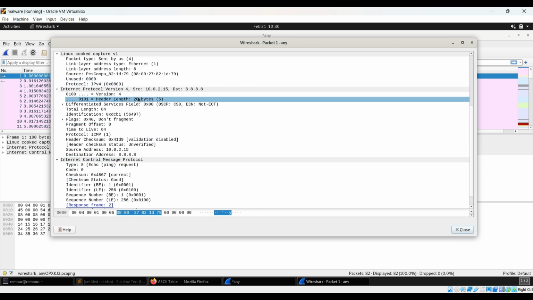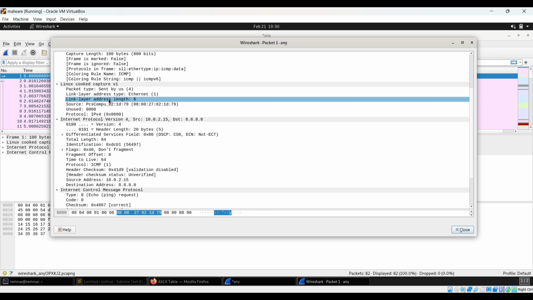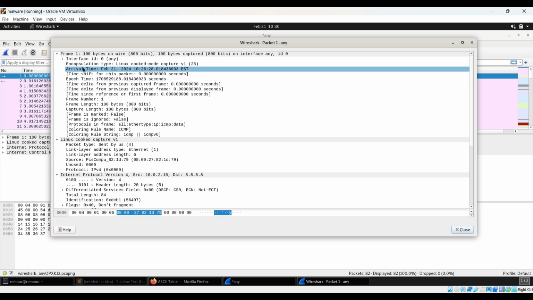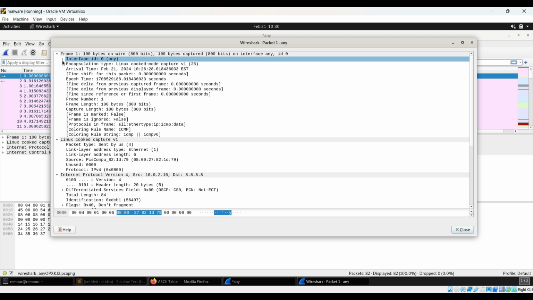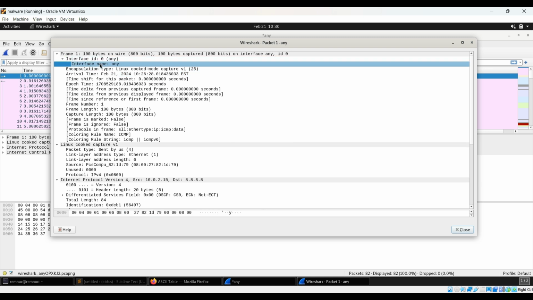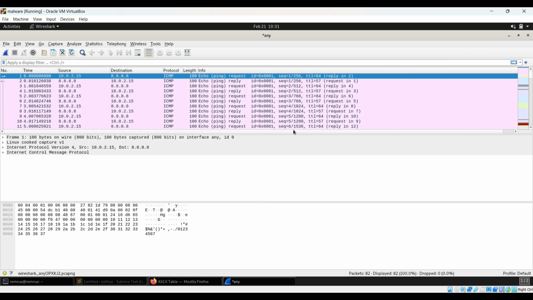All these details, and much more than that, are present over here. So here you can see some encapsulation type, Linux cooked mode capture v1. You can see the interface name, any, and all kinds of information is mentioned over here. Another thing that we can see, this is something that you need to explore by yourself. I'm just giving you a start from where you can go ahead with